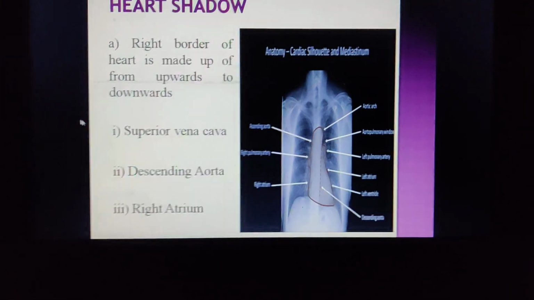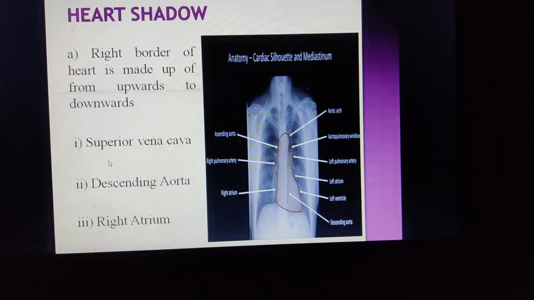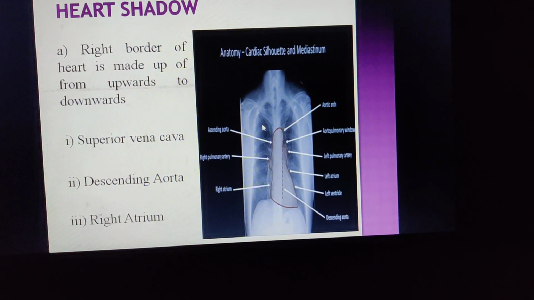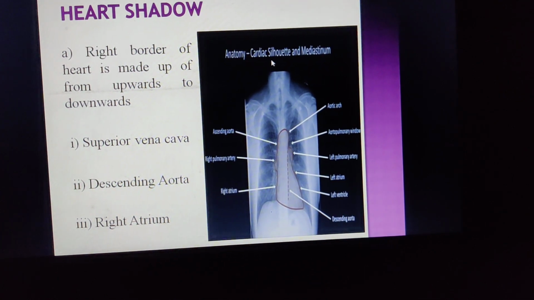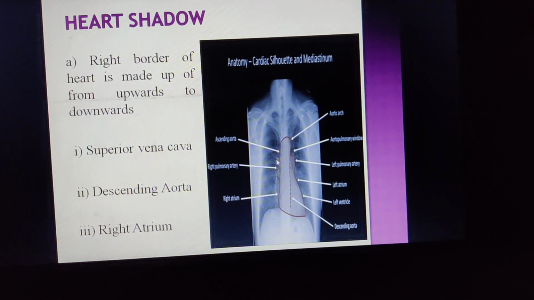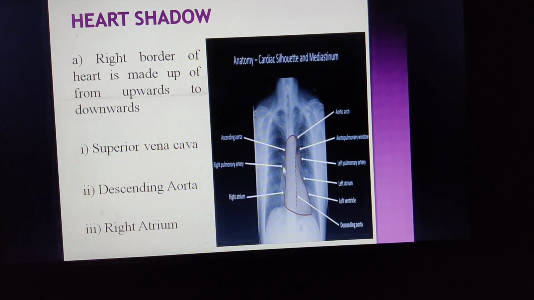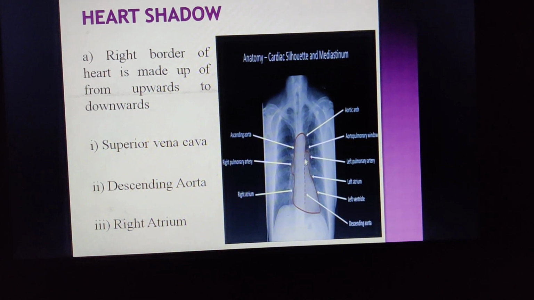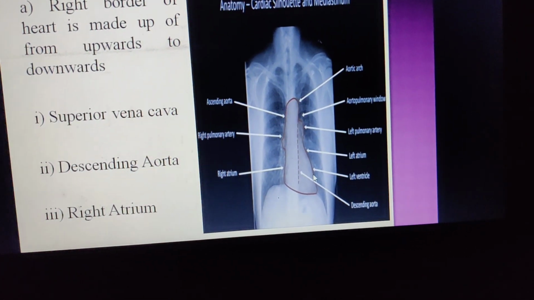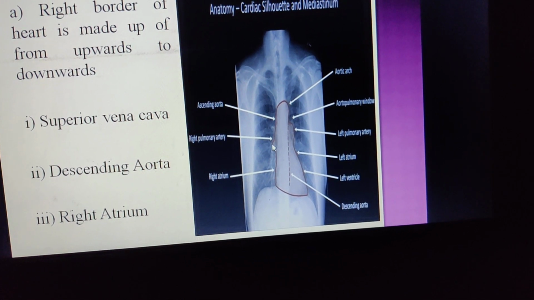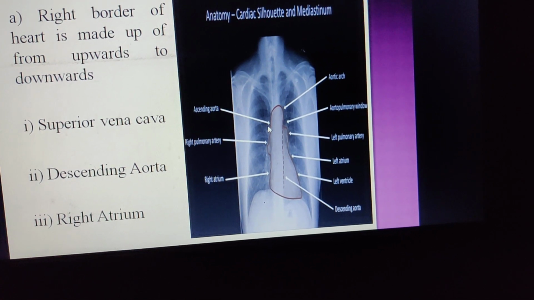Heart shadow. In this X-ray we can assess the heart shadow and the cardiac silhouette. The cardiac silhouette is the heart marking, the heart outline. This is the right border of the heart. This is the left border, and the right border is formed by the right atrium, right pulmonary artery, ascending aorta,